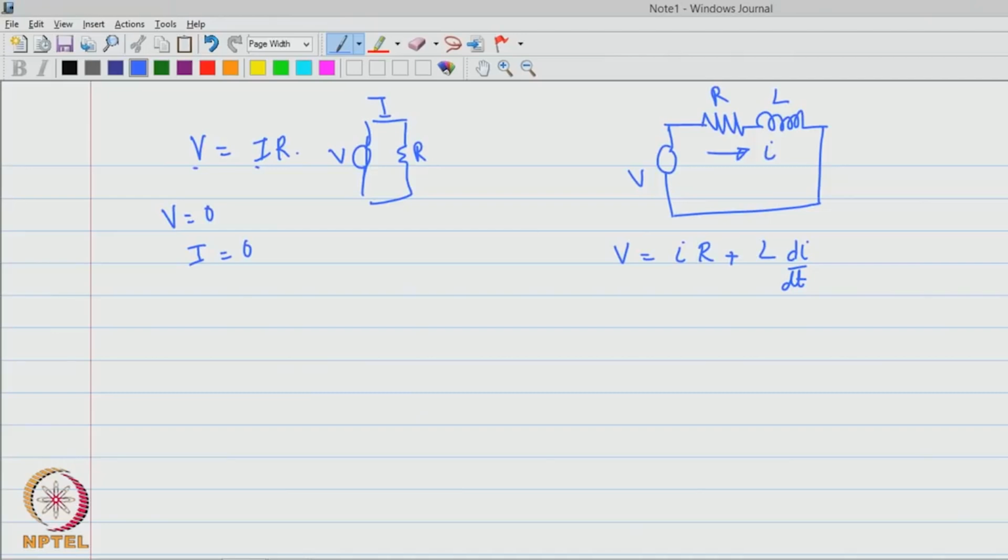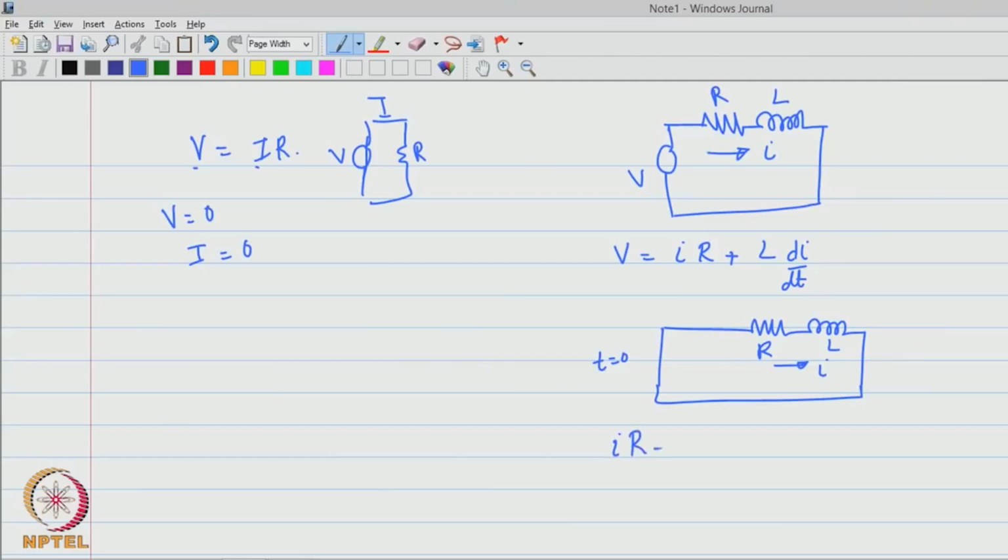for a few seconds say, and later on what I do, I just take out the voltage, which means I am now looking at a circuit which looks like this. And I do this after some time. When I switch it off after some time, you would know that the inductance accumulates some flux or it stores some energy, or in other words, the initial current, when I do this at t equal to 0 is not 0, there will be some current,